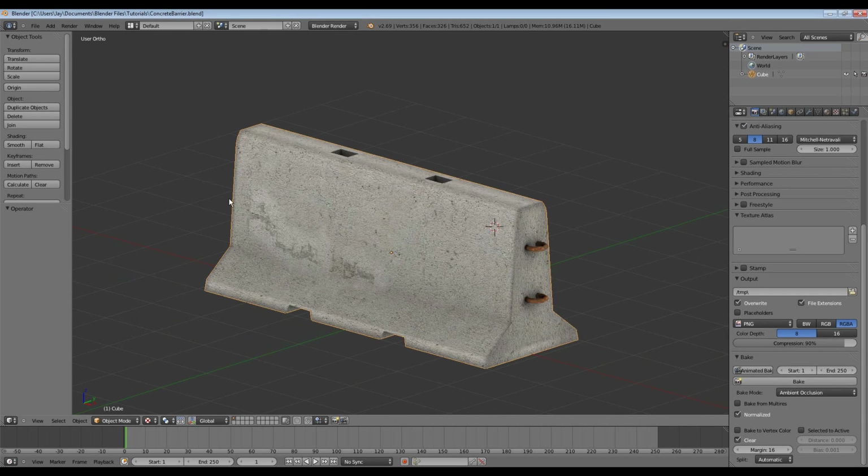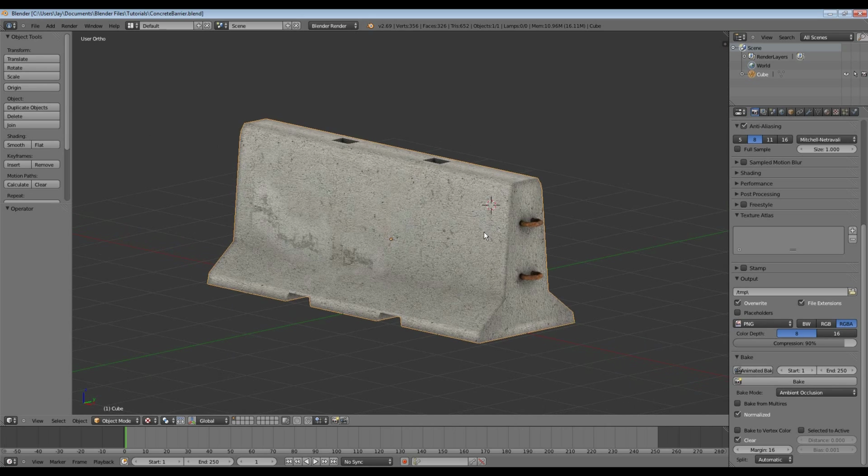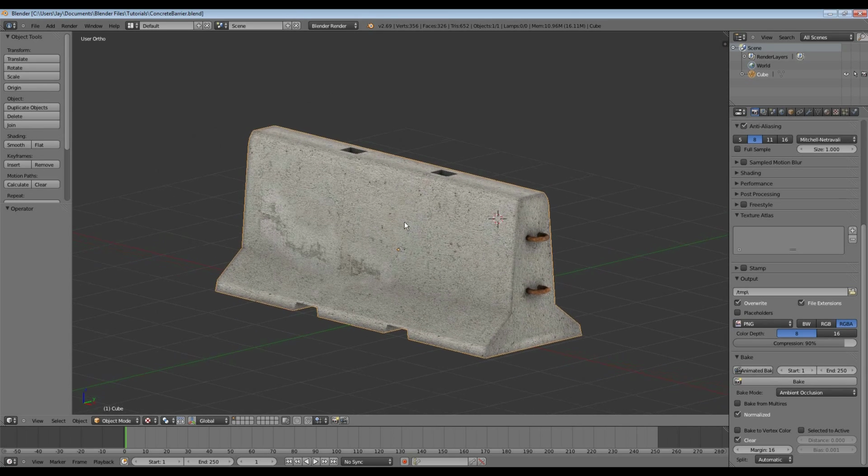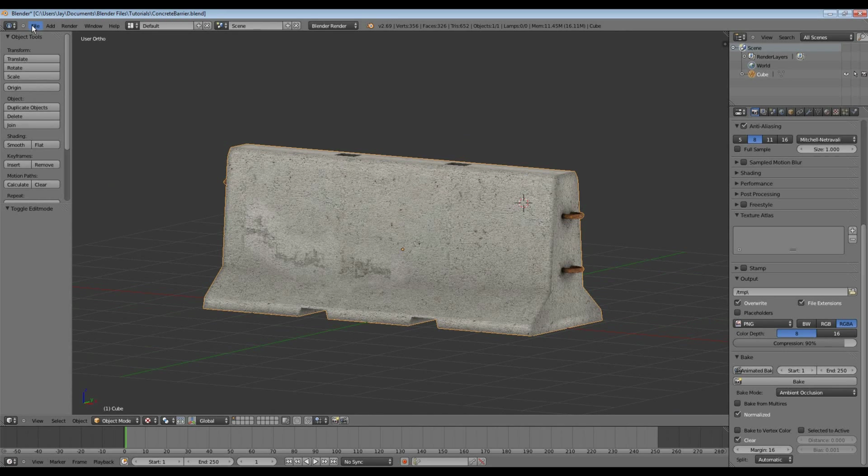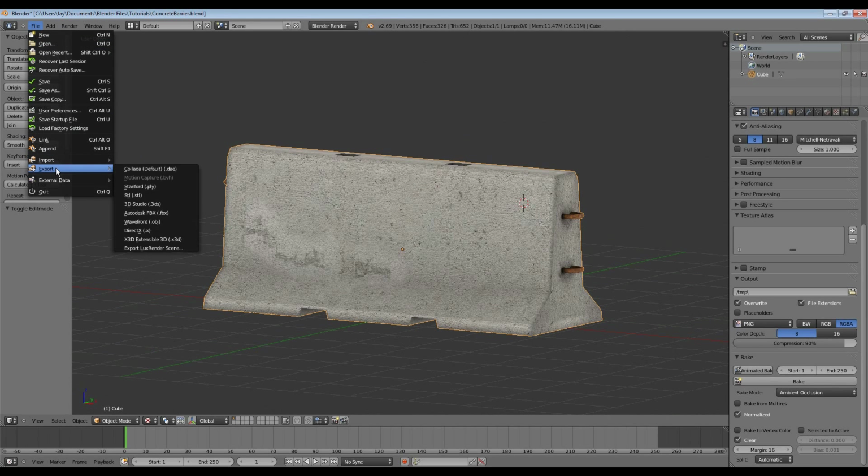After you've done that, you've got your model here. Give it a quick save, always save. I haven't saved anywhere near enough throughout this entire tutorial series, but I have no excuse. I'm pretty lame, I should save, but I don't. Hey ho. Right, with your model entirely in object mode and all selected, what we need to do is go to File, Export,